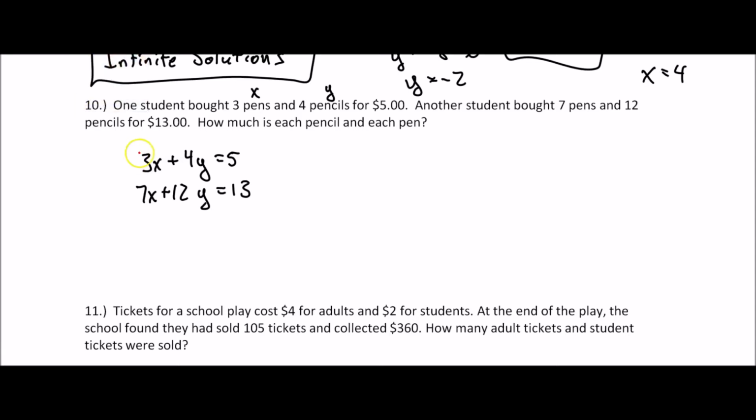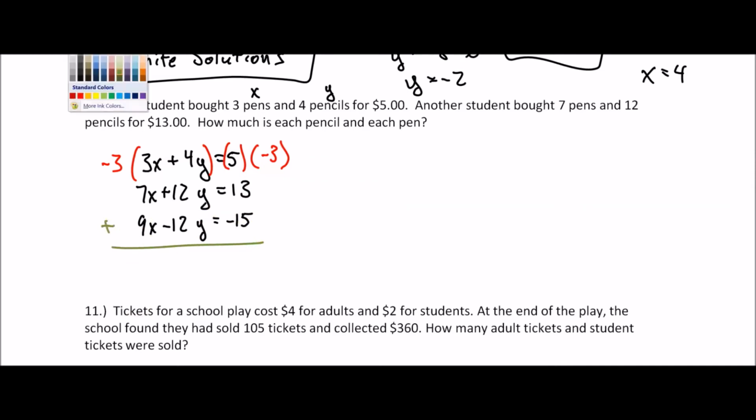I'm going to multiply this first equation by -3. I do that because I already have a 12y in the second equation. To turn that 4y into a -12y, I have to multiply by -3. And so when I do that, this equation becomes 9x minus 12y equals -15. And now I can add these two equations together. So that gives me a 16x. Over here, I end up with, looks like a,